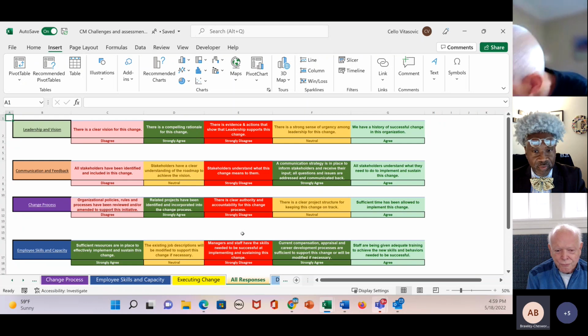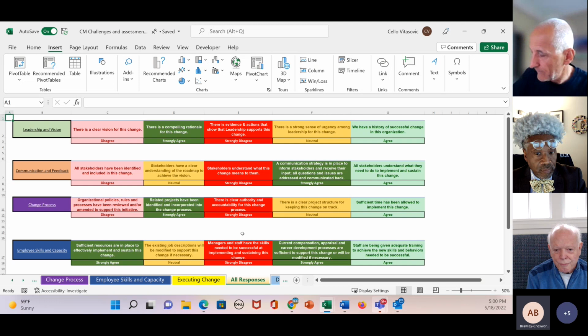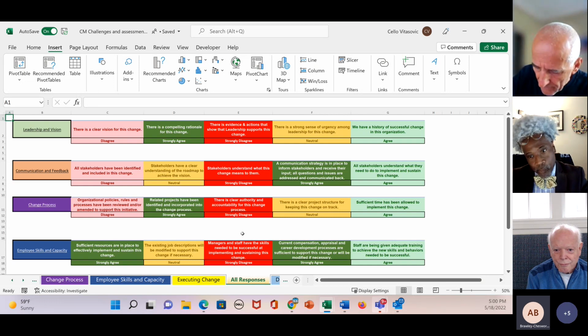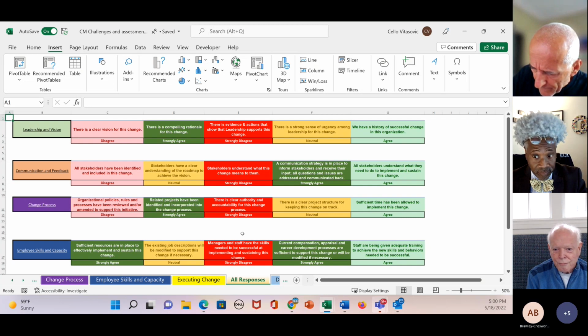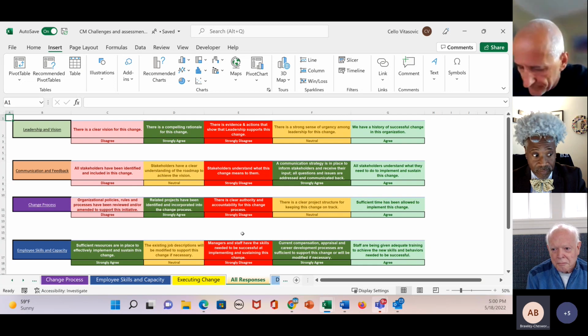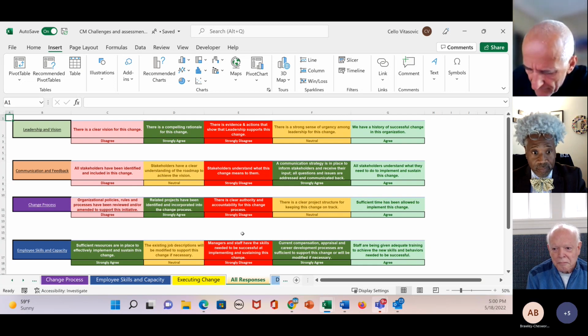So, I agree that this is a good way to look at it, and certainly we focus on the red ones, but with all of these, for me, it's really useful to see also the range of answers. For example, a yellow could mean everybody chose neutral, or it could mean half the people chose strongly agree and half chose strongly disagree. I would look at a yellow very differently if there's a lot of disagreement versus everybody agreeing we're neutral. Yes,